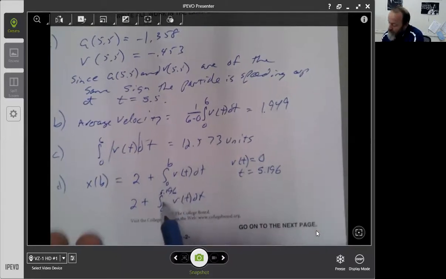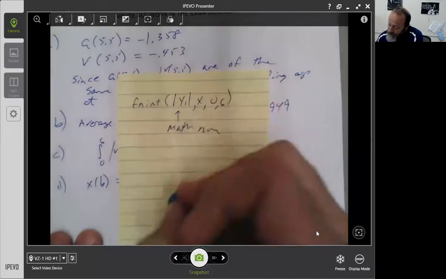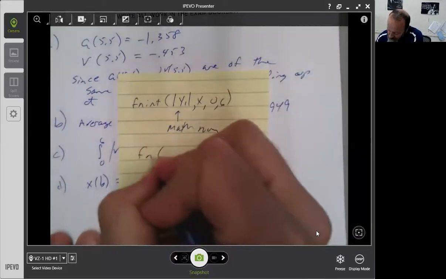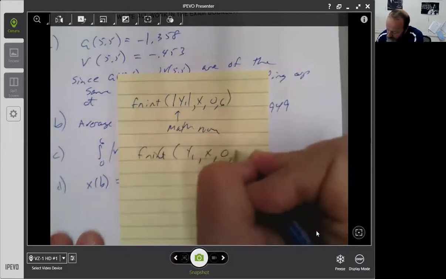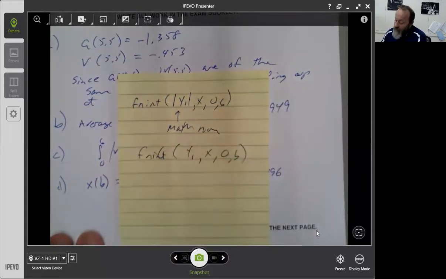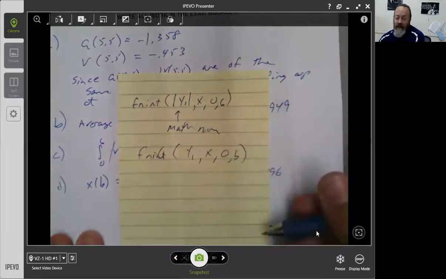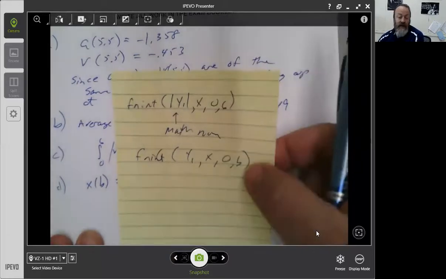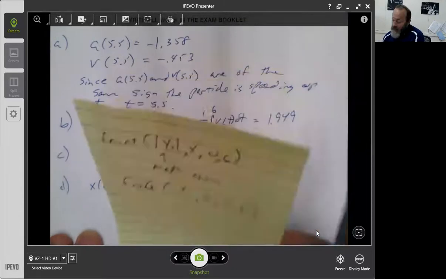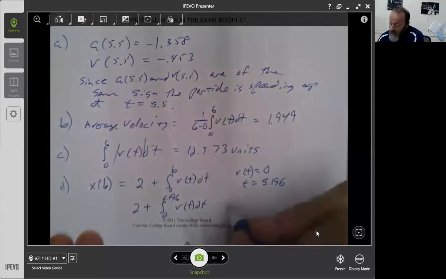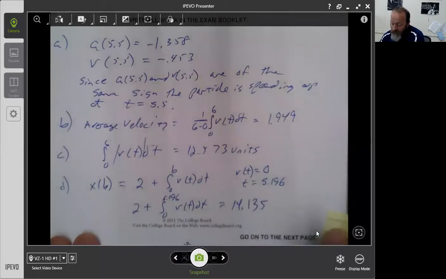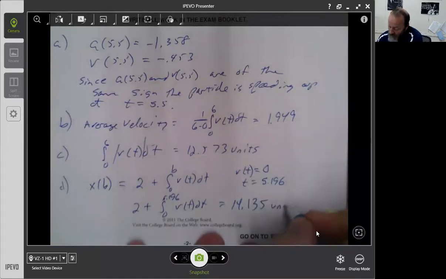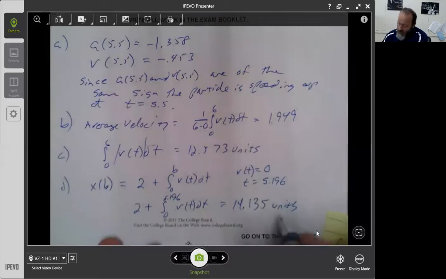And so then when I did my FNINT of y1 comma x comma 0 comma b, again, I would allow my calculator to do that. Notice I'm not writing this on my test because this is technology speak. It's not math, but we do need to know that technology. And anyway, what that gives me is a total answer of 14.135 units,